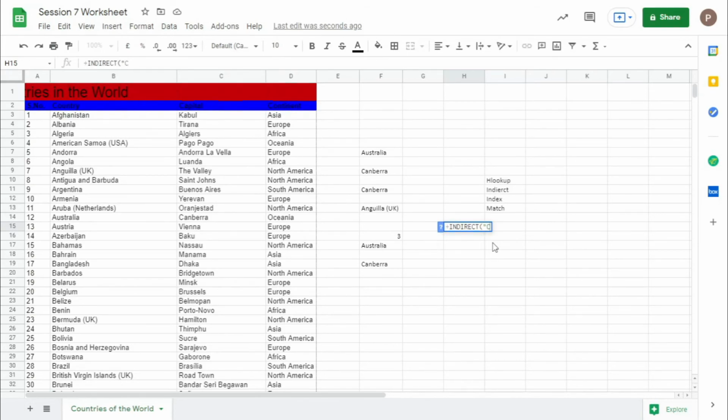Here I'm giving C, then plus, and then a string 10. See, this is how it creates a string. Indirect searches for C and 10; since I gave it as a string, it makes it text, and the text becomes C10. Next it searches the cell C10 and gives St. John's, which is the capital of Antigua and Barbuda.